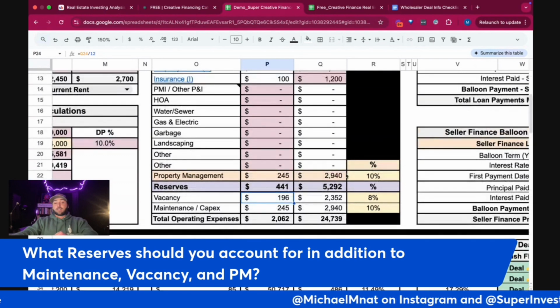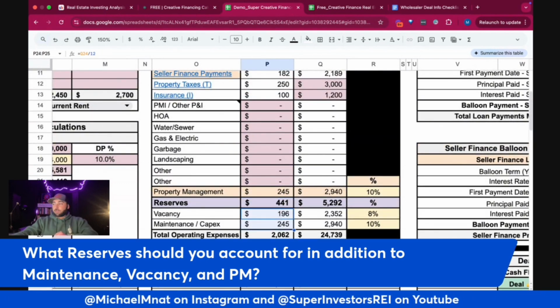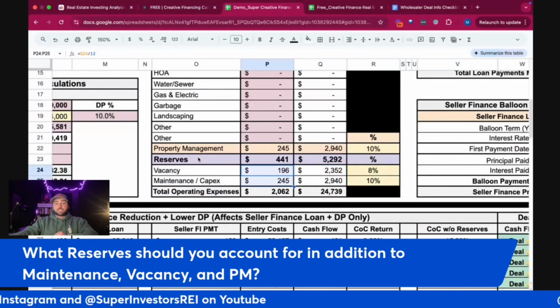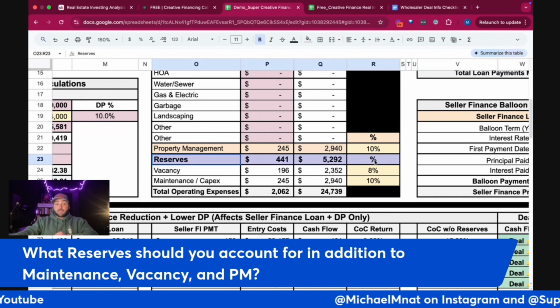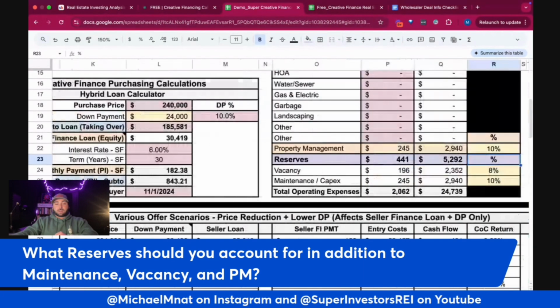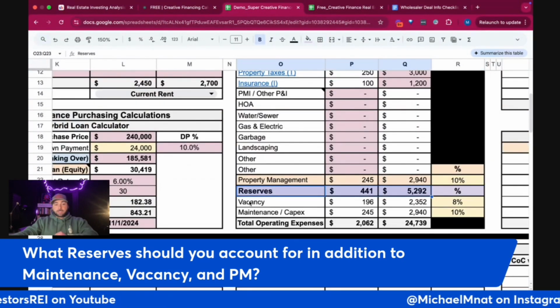I think the confusion might be that someone sees this, and this is obviously the same number, $441. Oh, you can't see that there, but $441 here. It's just basically summarizing that here. I think one thing I could do is just erase that if that makes it easier, but I personally like to see the reserves, and I already have it broken down here anyway. So that could just be its own line item.